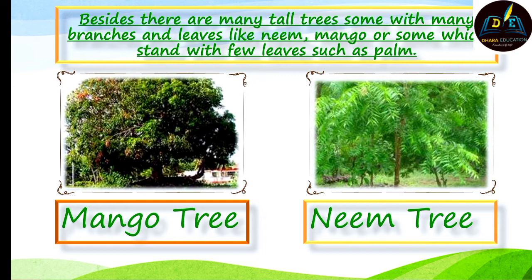summer season, correct? And also from the mango tree, we get very good wood from which we make furniture. The neem tree is very good medicine for our health, for our body. And our elders used to use these neem leaves in our daily eatables. So these two and many more plants and trees are very important for us.